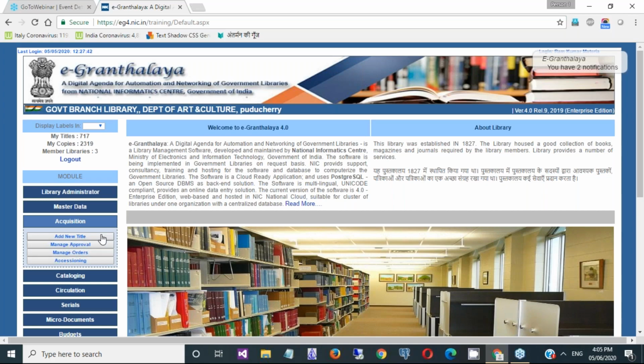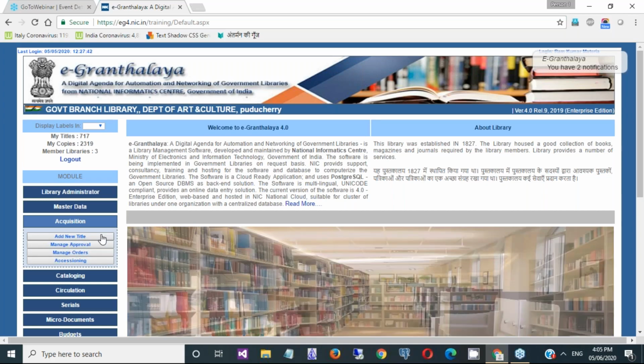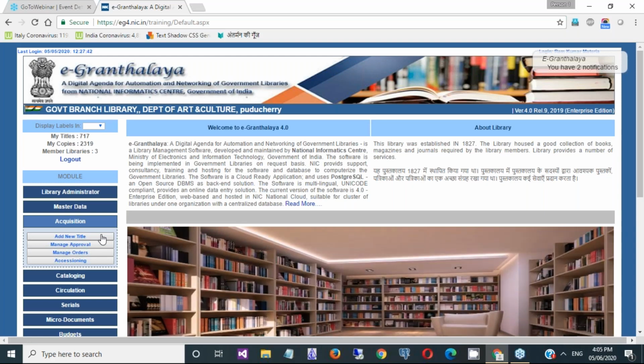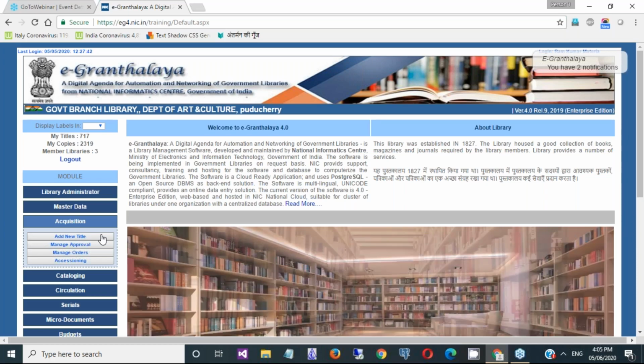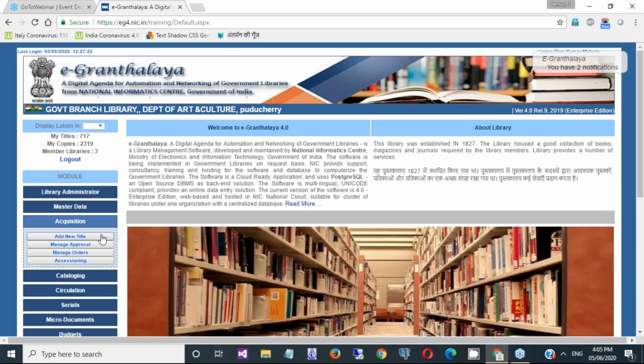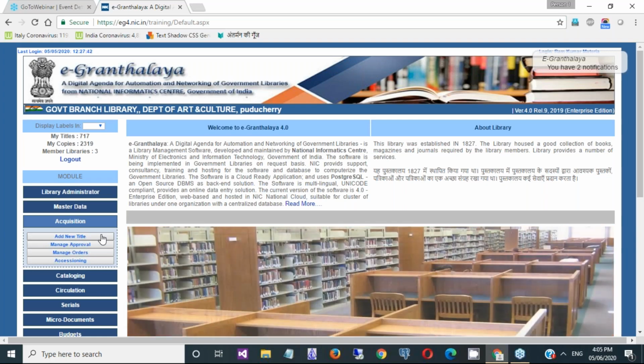So this books acquisition module is an optional module in eGranthalaaya software. Basically, first of all, I wish to tell you there are two kinds of scenario in libraries as far as library collection is concerned. Once you adopt any library automation software, there may be a possibility that some collection is already available in the library if it is not a new library.